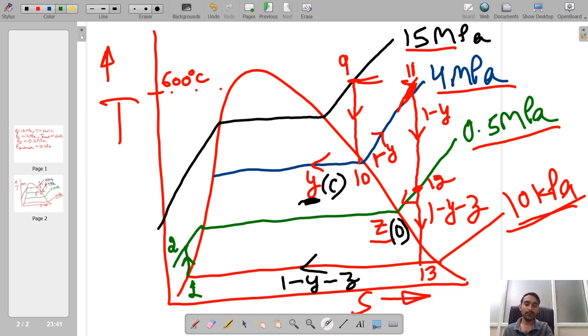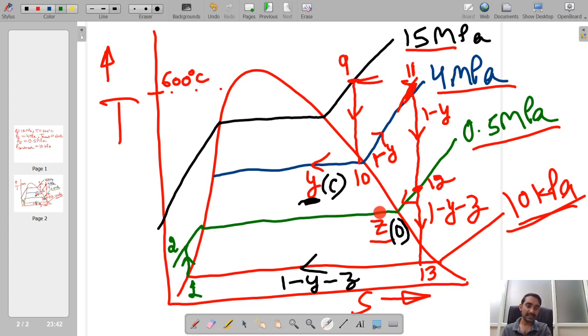Now what we will be doing, now we are having the open feed water heater. So in case of an open feed water heater, this point number 2 and this point number 12 will be mixing inside the heater, and while mixing, these will be exchanging both mass as well as energy, and will be giving us the final state corresponding to this point, which is our saturated liquid state. Why will this be giving this point?